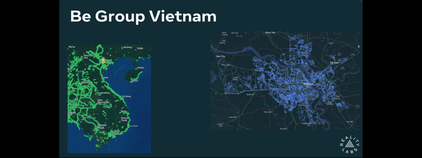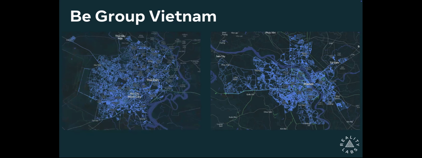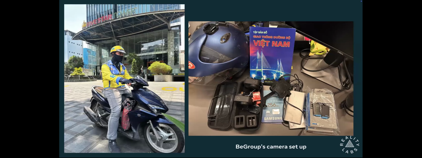And what they've done to improve the map data there, and they're doing all of this in OpenStreetMap, is capture imagery and upload it to Mapillary. And that just makes it the easiest for them in their mapping workflow to create that data and make it in a usable format for them. So how do they do this? Well, it's